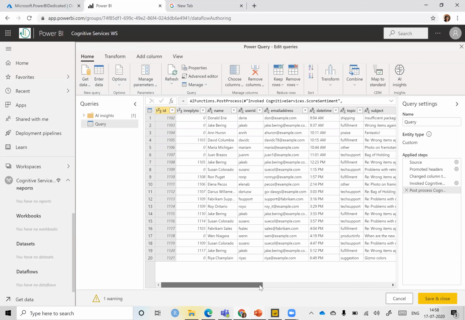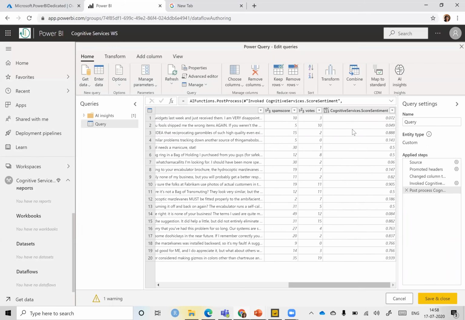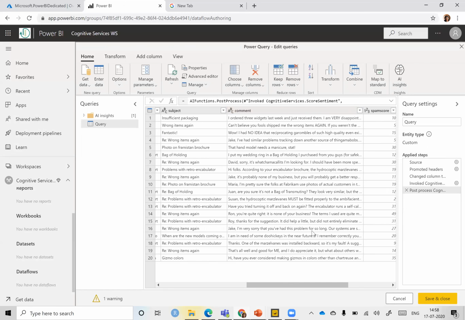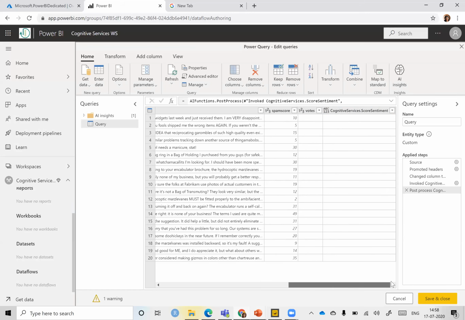And towards the end of the table, you will see you have got a new column added, which is giving you the score sentiment on the basis of the original comment column from your data. So good so far. I'll just go ahead and change the name of this column